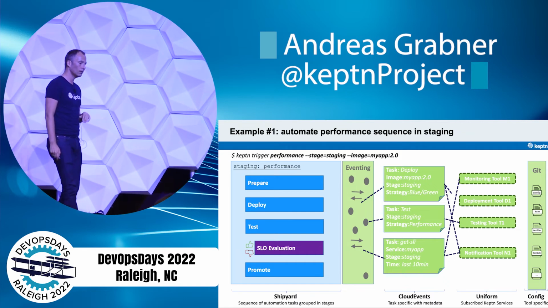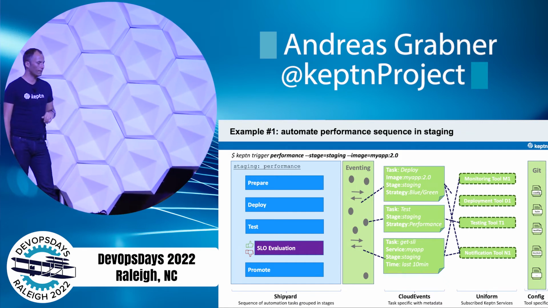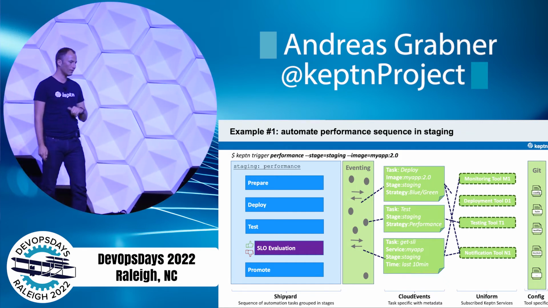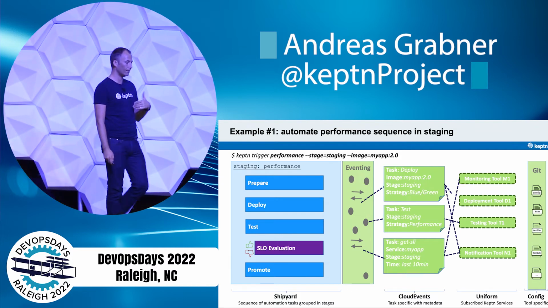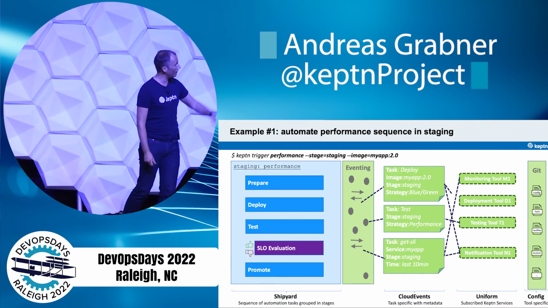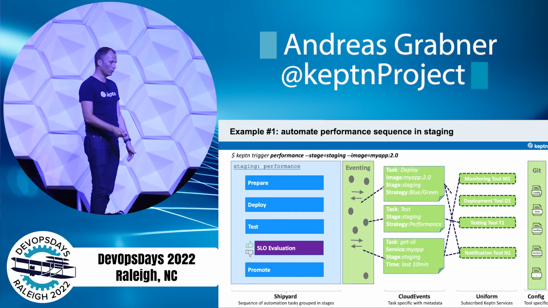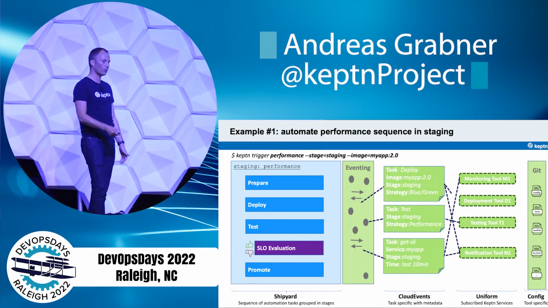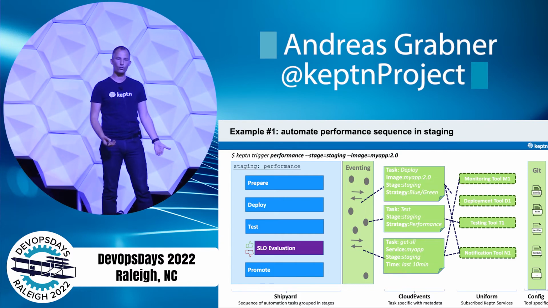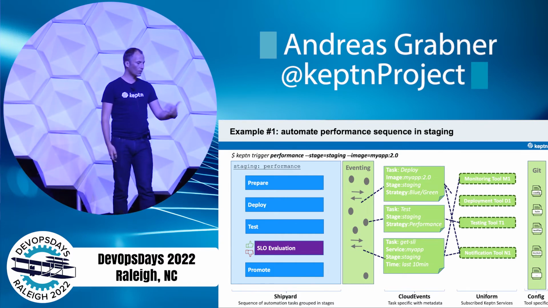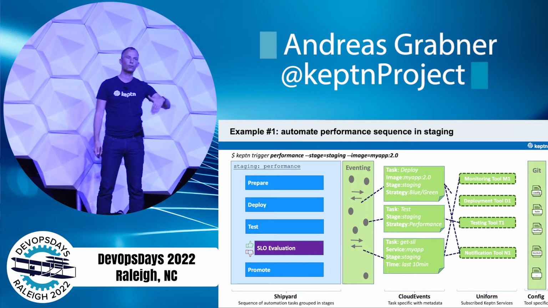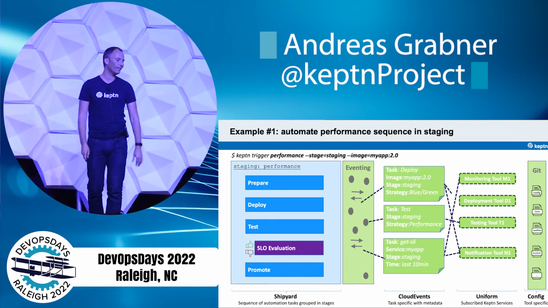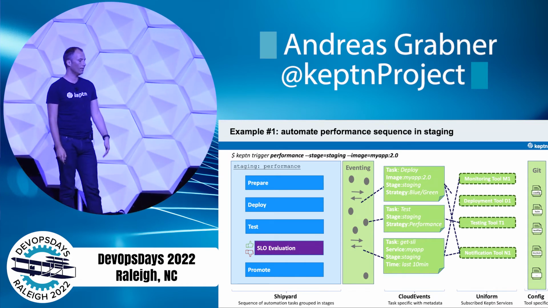Then, in my case, when Keptn executes the deploy task, it sends a deploy event that has all the metadata, and then I can have, let's say, a certain deployment tool registered, subscribe to that event, and maybe a notification tool, because I also want to send the same information to Slack. Once this is done, Keptn goes on and executes the next task by sending yet another event, the test task. And then the magic thing that I've explained earlier is the SLO evaluation.